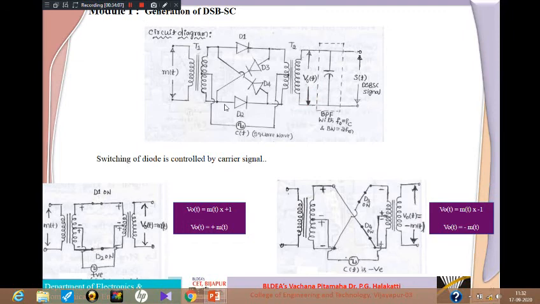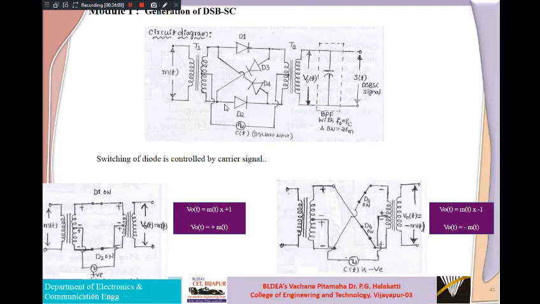Okay, coming to this one. After seeing this one, how we are getting the plus m of t and minus m of t, if you have any confusion here, once again we'll deal with this one. You need to tell me about this in the introduction class if you are facing any difficulties, otherwise we'll proceed.